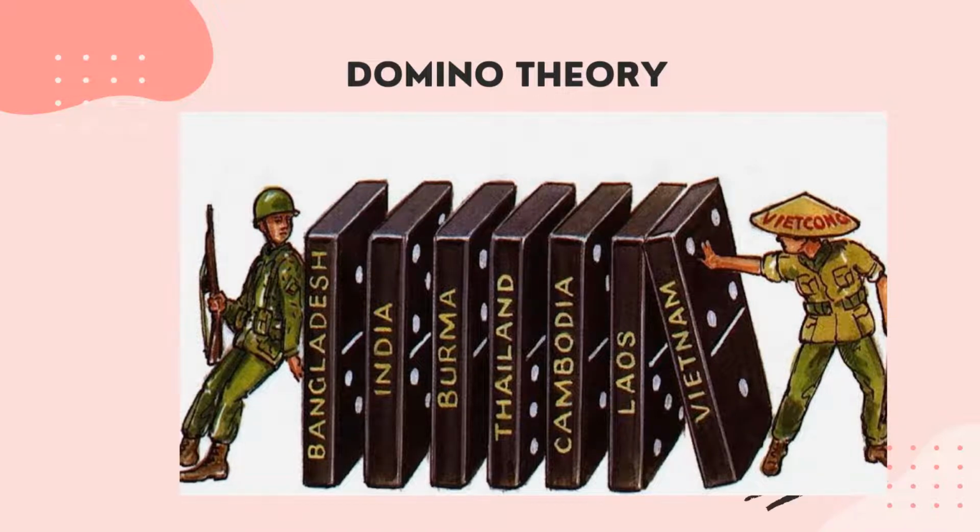According to Eisenhower, who was the 34th US president, the loss of Vietnam to communists would lead to the victory of communism in other neighboring nations such as Laos, Cambodia, Thailand, and even Australia and New Zealand. The possible consequences of the loss of Indochina are just incalculable to the free world, he said. By 1950, US policymakers concluded that the fall of communism in Southeast Asia would cause the collapse of other nations